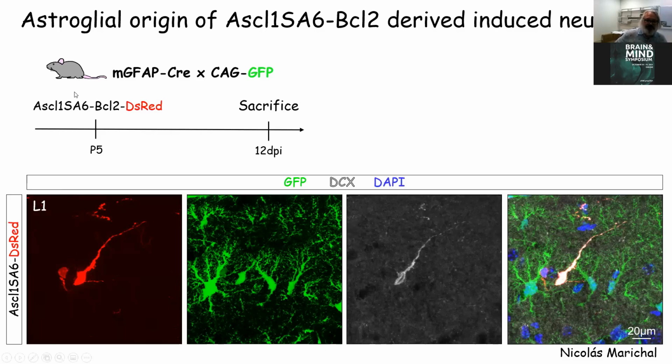So we did this experiment to see whether, when we did genetic fate mapping and then transduced cells with retroviruses encoding the reporter gene, we would see cells that can be fate mapped. And here you see a clear example of a cell that appears to be of astrocytic origin. In this case, we use a mouse line that expresses Cre recombinase under control of an astrocytic promoter or a regulatory element of the mouse GFAP locus,